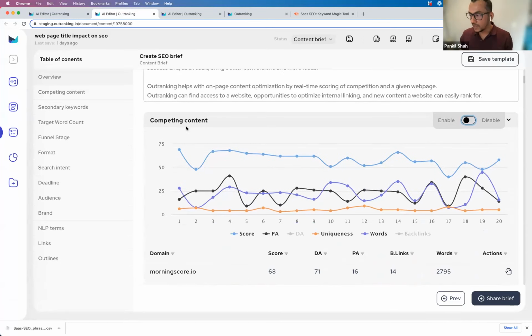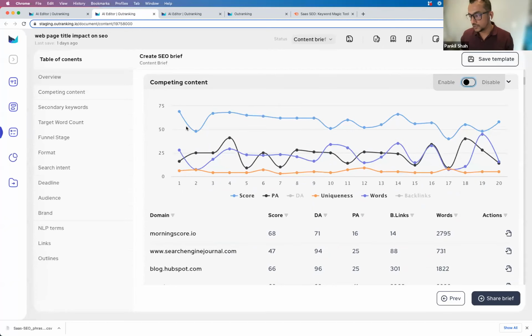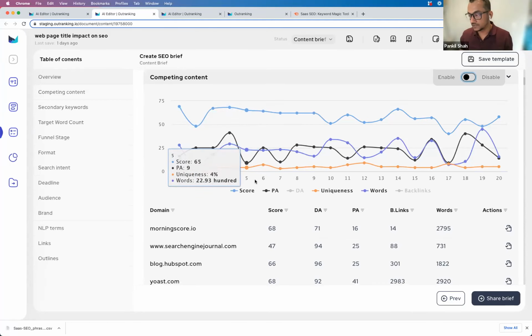So we started with brief, and we added a visualization of score, page authority, DA, uniqueness, words, and backlinks for all the pages. This is because when you're creating content, you want to benchmark it against some of the competitors before understanding what sort of optimization and what sort of backlink strategy you'd need. So when you're creating this detailed brief, you have all the detail that you'd need to suggest to the writers or even brief anyone who's involved in creating backlink processes or things like that.